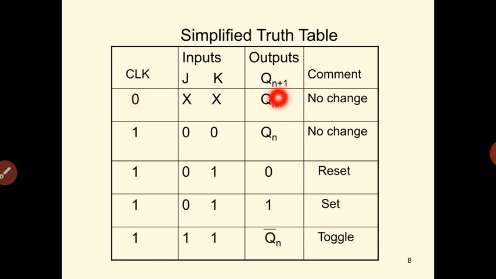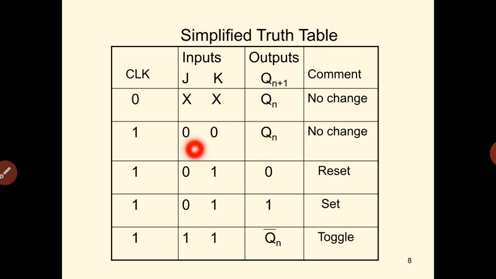Okay, so this is by default. In the absence of clock, that means the flip flop is not enabled, so the present output will always be equal to the previous output. There will be no change in the present output of the flip flop since there is no clock applied. Whenever the clock is applied for different input combinations, you will be getting different output states of the corresponding flip flop. So whenever clock is 1 and for J is equal to 0 and K is equal to 0 combination, again in the present output you will be getting it equal to the previous output, that is Qn.